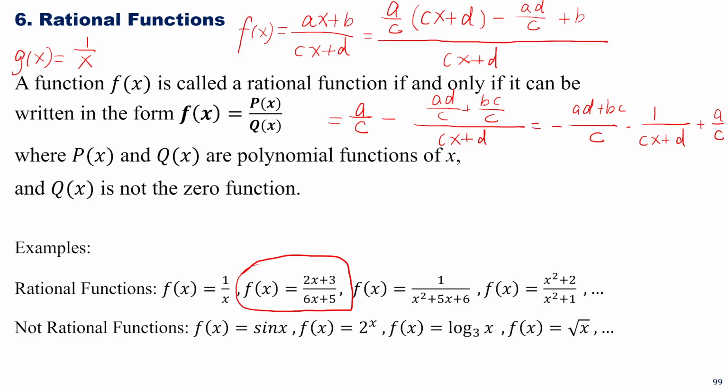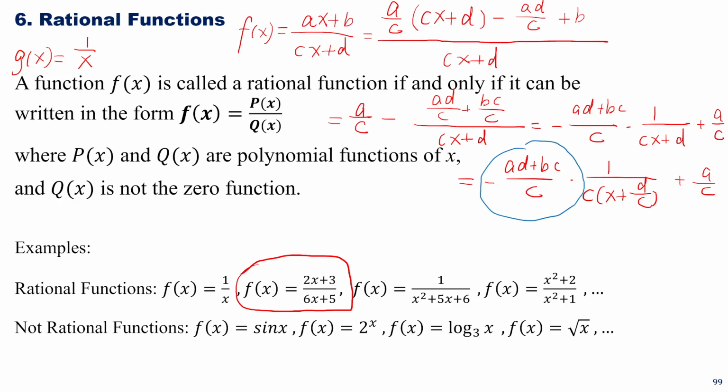So according to function transformation theory, we can transform that further to this: c times (x plus d over c), plus a over c, right? So according to function transformation theory, we know that this is actually your coefficient a, and this is k,